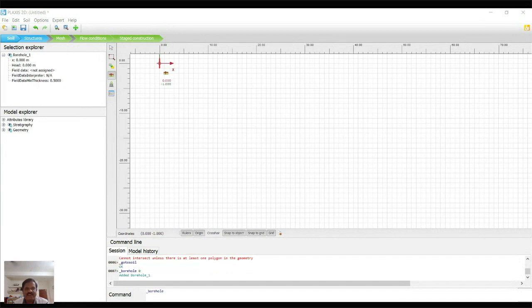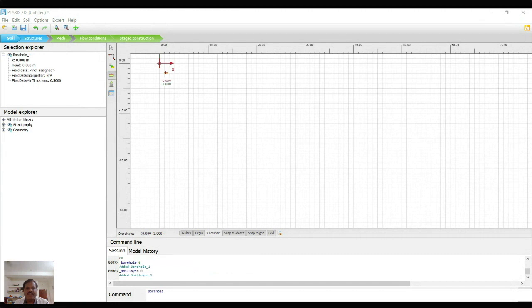Next is the head, where your water level is specified. By default it is 0, but in case it is 2 meters below, then we need to specify minus 2 meters here. Before that, we can add 2 layers. For soil strata you can use this add tool.